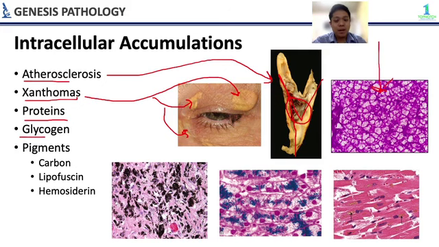So pag nagkaroon tayo ng section of the liver, makikita natin itong mga intracellular accumulations of glycogen seen in periodic acid Schiff stain. And then we also have pigments. So first we have carbon. So nakikita natin siya sa mga coal workers pneumoconiosis. So makikita nyo lang siya as black masses in the lungs or in the alveoli.